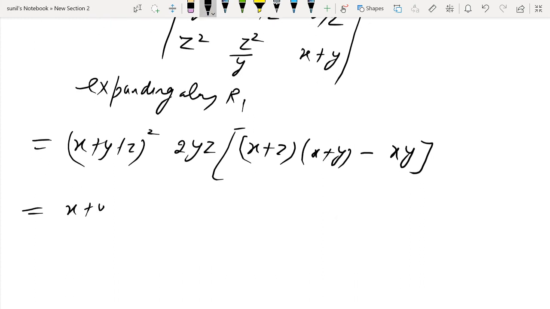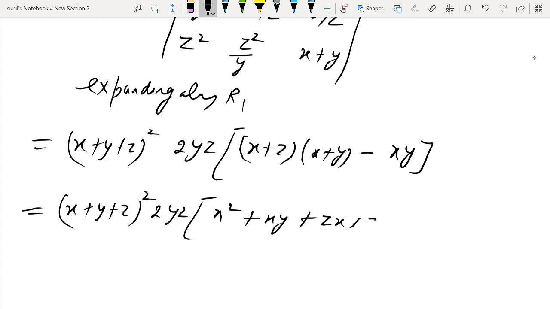It will be (x plus y plus z) whole square, 2yz, x square plus xy plus zx plus zy,